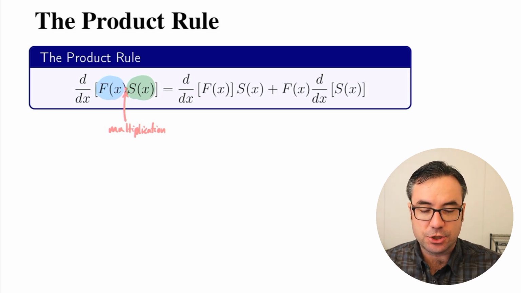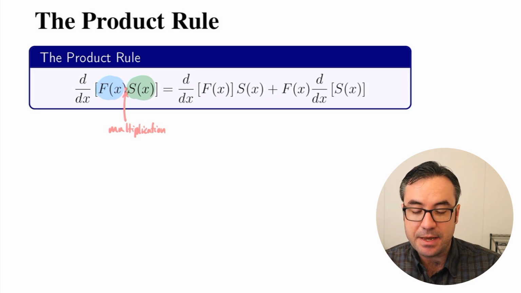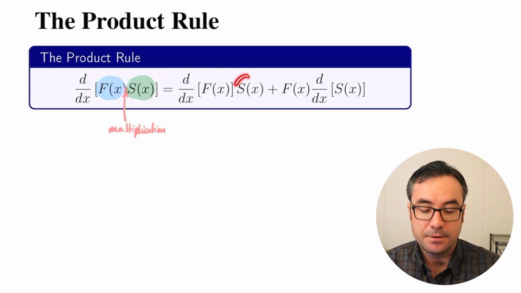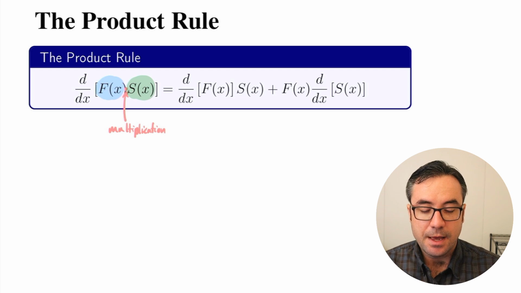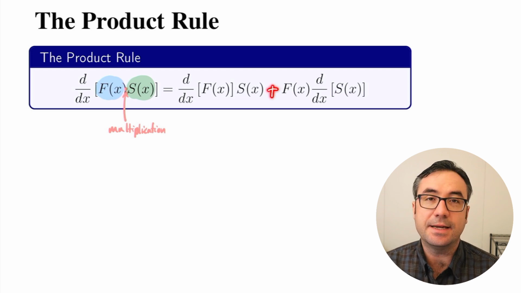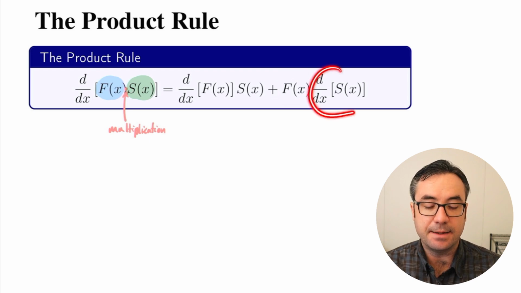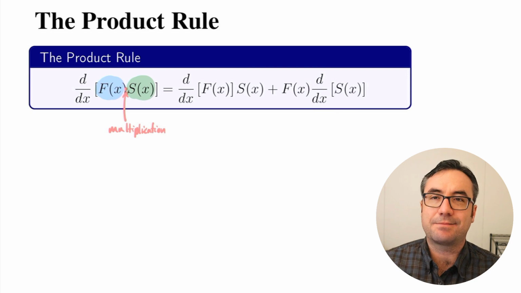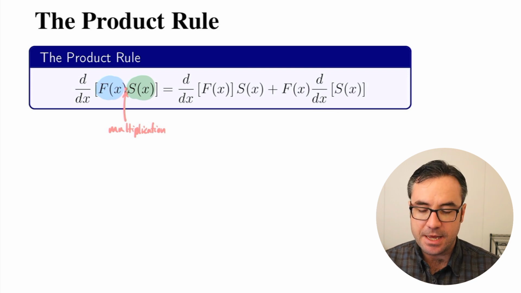The way we actually differentiate this product is that it ends up being the derivative of the first function times the second function unchanged. And then we add to that the first function untouched times the derivative of the second function. So a way to shorten this formula up notationally is,